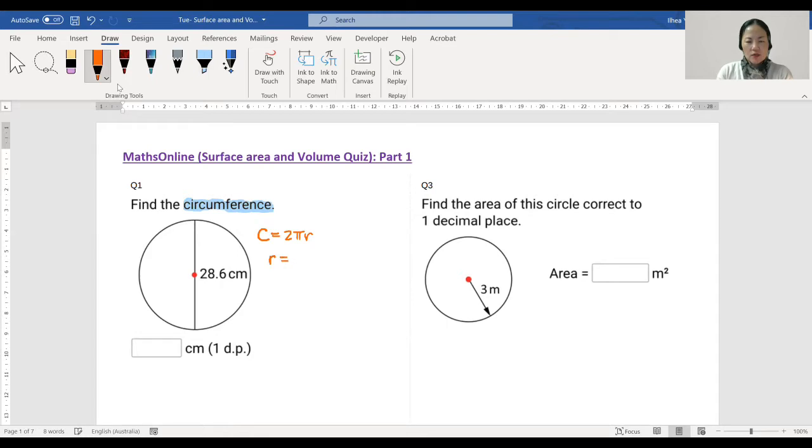R equals half of diameter. My diameter is 28.6 centimeters, so I'm going to halve that, equals 14.3 centimeters. So I've got my radius. I'm ready to find my circumference. So therefore, circumference C equals 2 times pi times 14.3. You will get